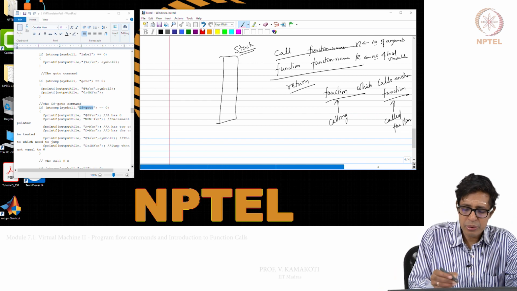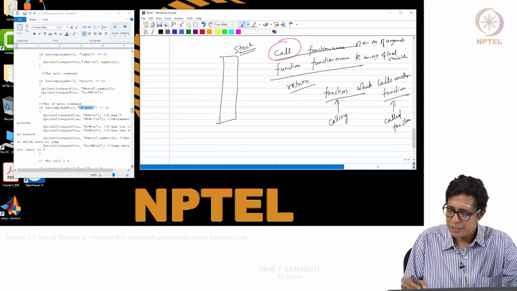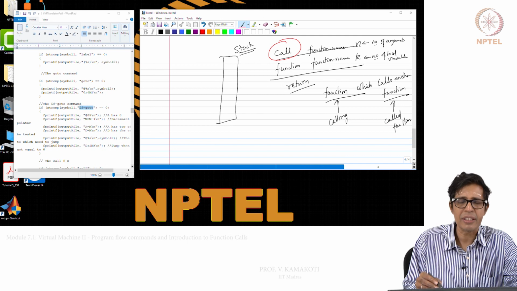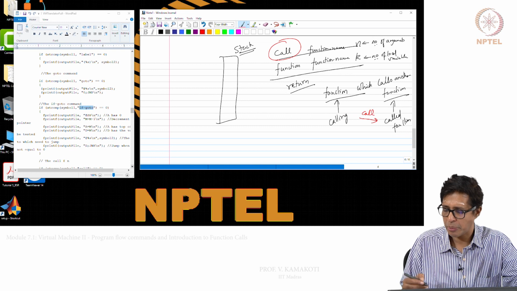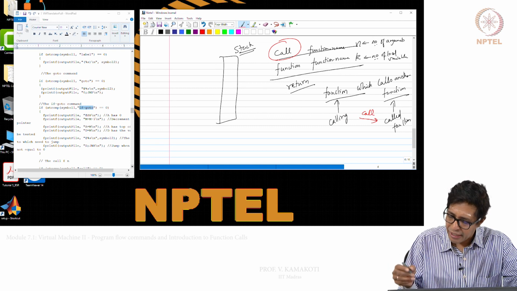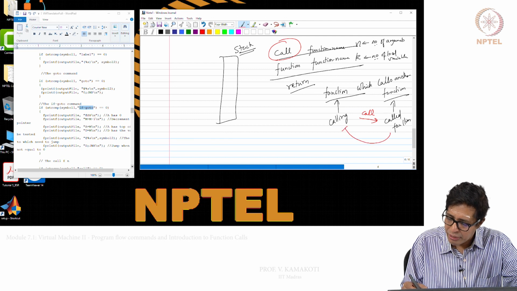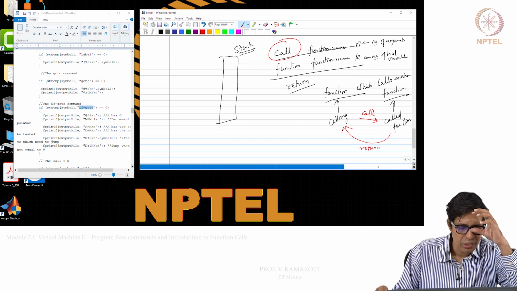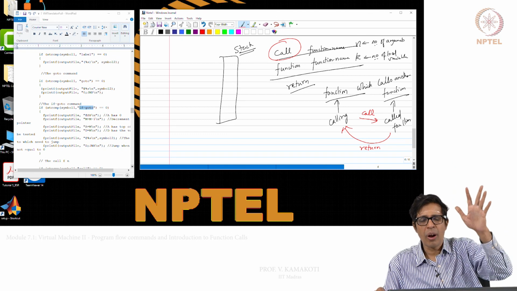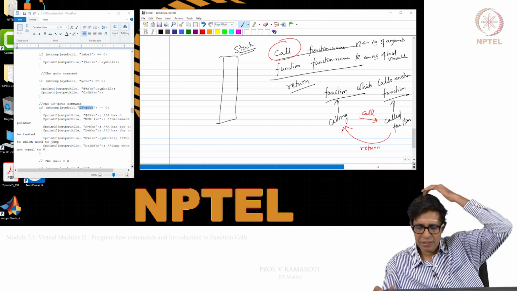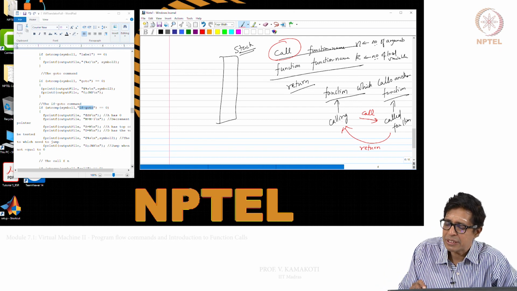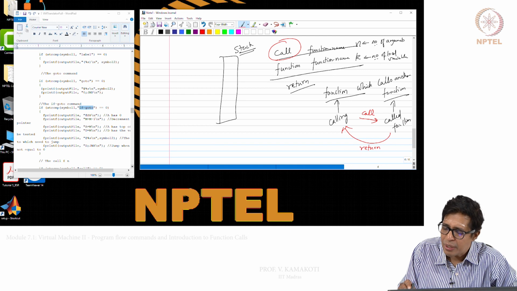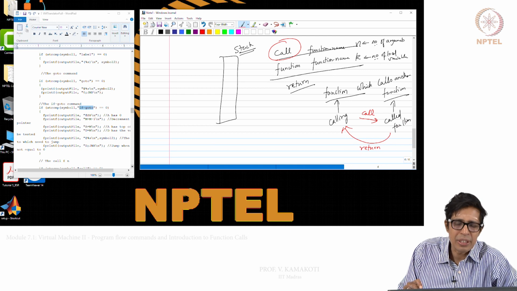Now let us look at this command call. Call is responsible for a transition from the calling function to the called function. For the transition from the called function back to the calling function, the return is responsible, right. So, when we want to implement call and return as a part of your translation, we need to understand how the calling function transfers control to the called function and how the called function returns back to the calling function, right.